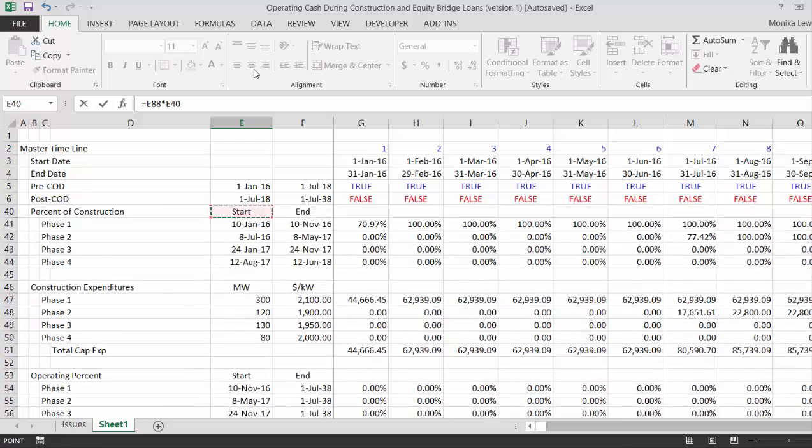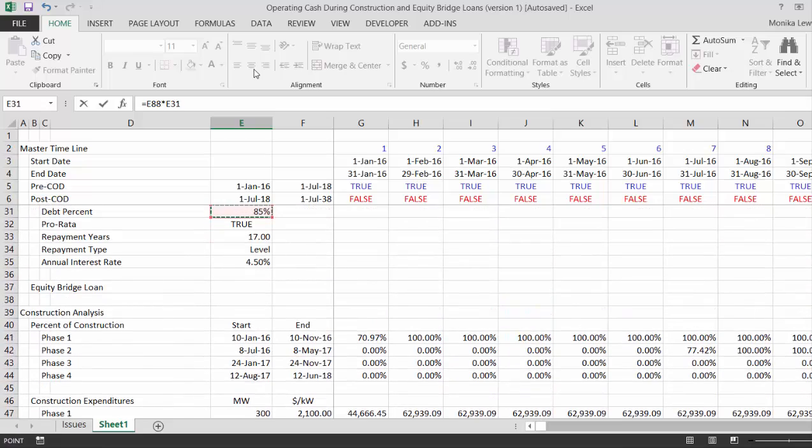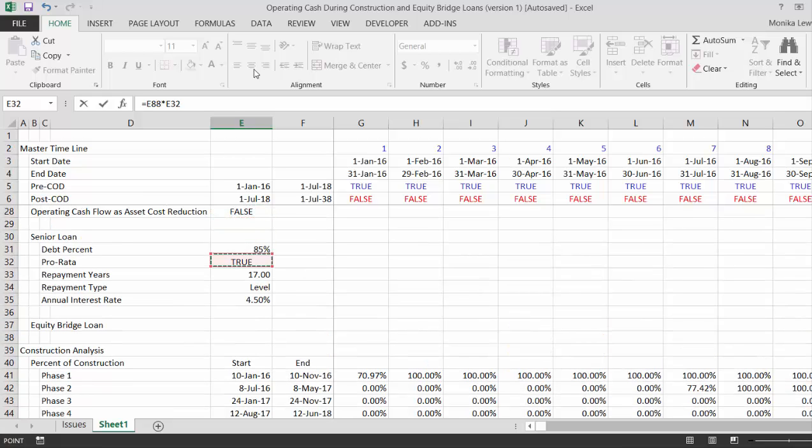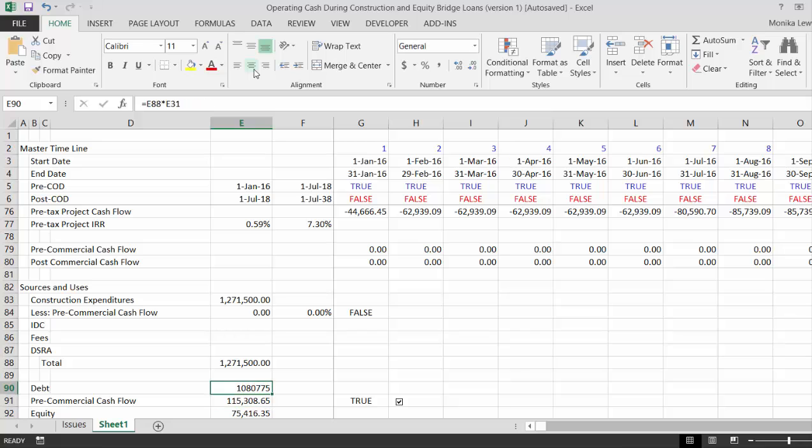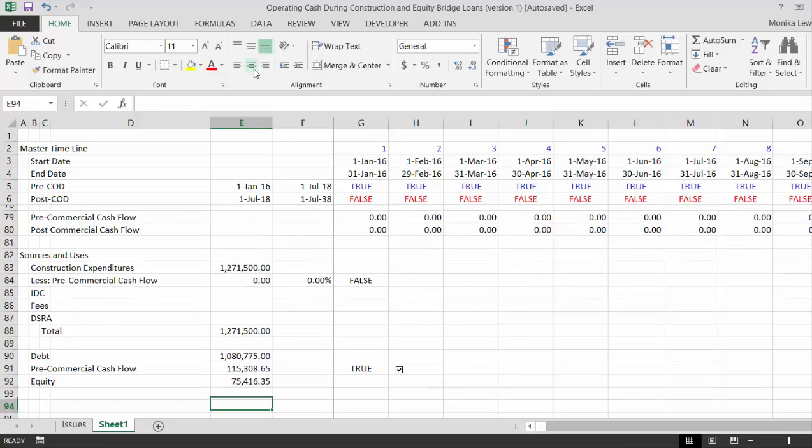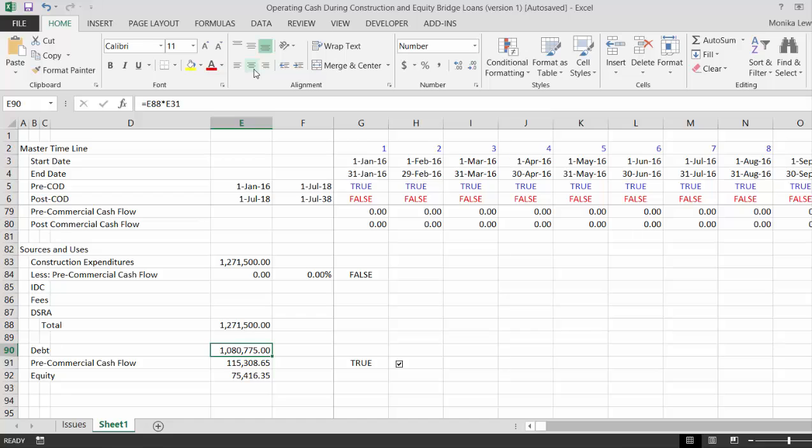So we'll just get the ideas here first, and then I'll perhaps add it later. Okay, so now if we have the debt at 80% of the asset cost, and now we put in 75% equity,